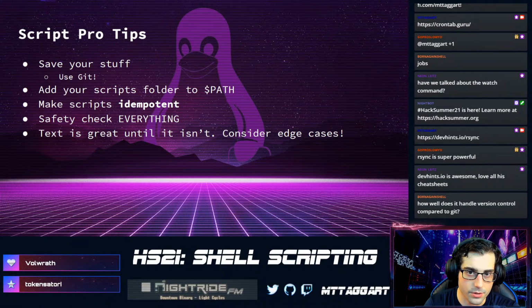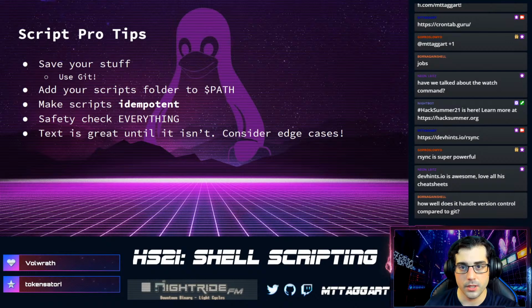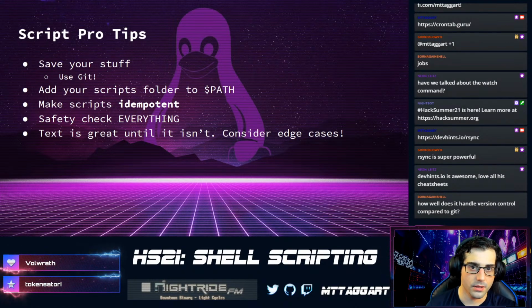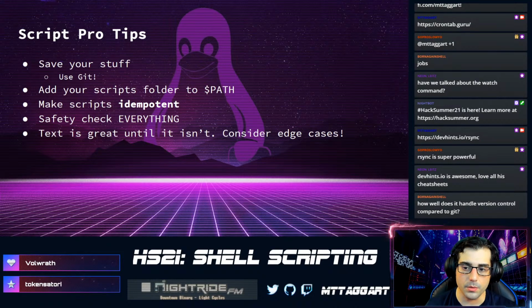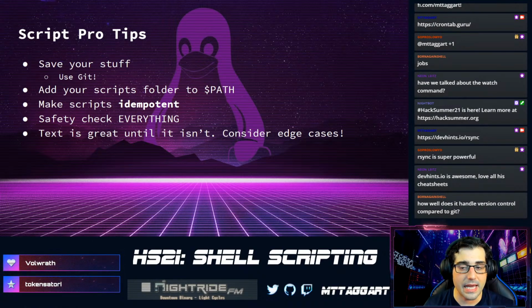When you start writing shell scripts to automate stuff, you are going to be quick and dirty. And sometimes that's fine. But the more complicated you get, and the more into the weeds and the deep nested nuts and bolts of your OS that you get with your scripts, the more opportunity you have to get something wrong. And so you want to do safety and sanity checks inside your script to make sure that it's only making changes how and when you want.